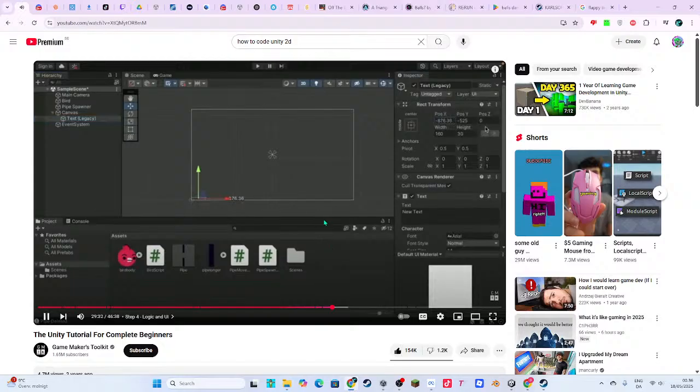We can then move our text around. You'll notice that UI has a Rect Transform rather than a normal transform. The most important thing to note is that you don't really want to mess with the scale of elements, instead change the width and height.